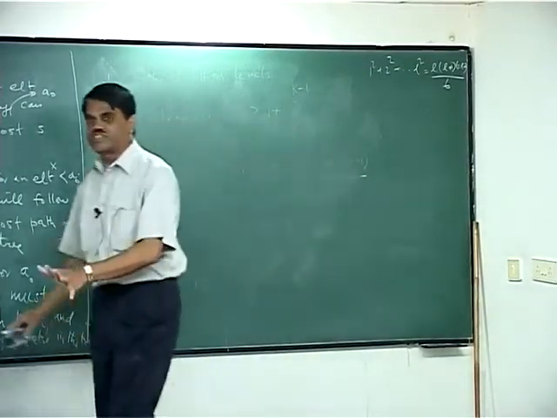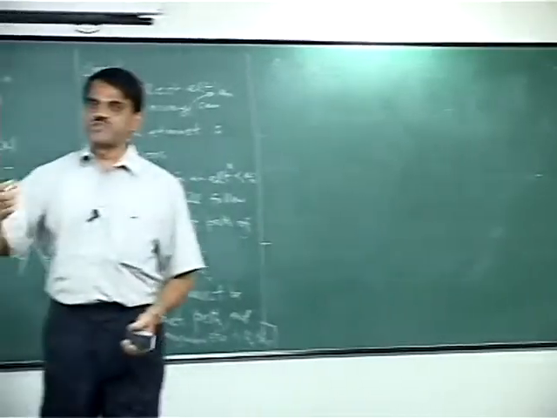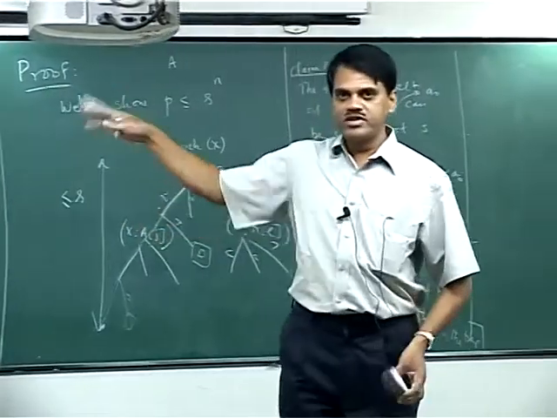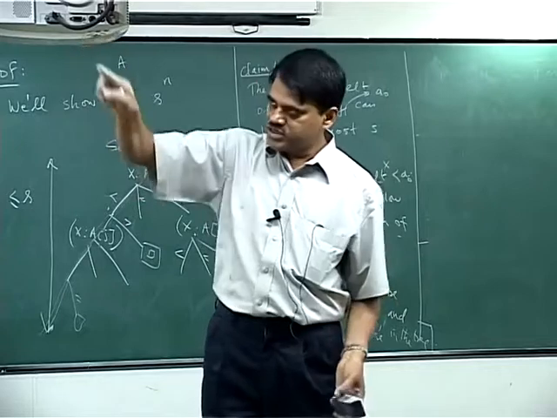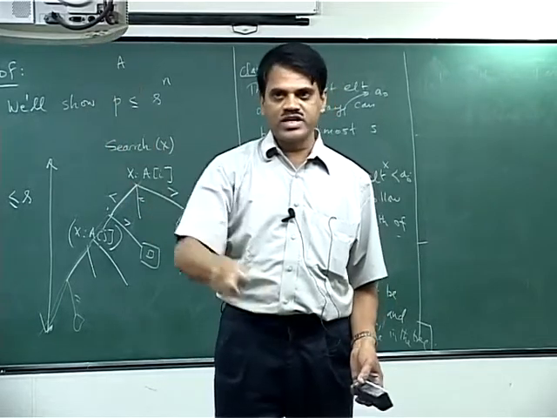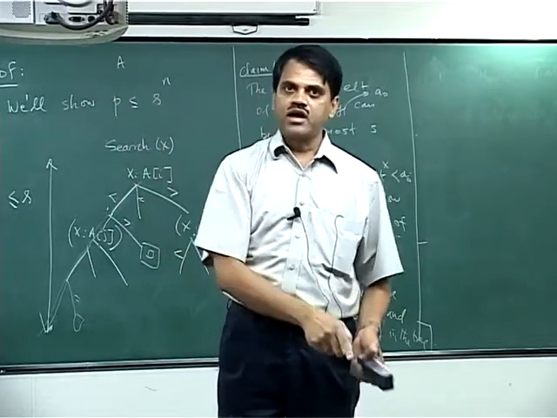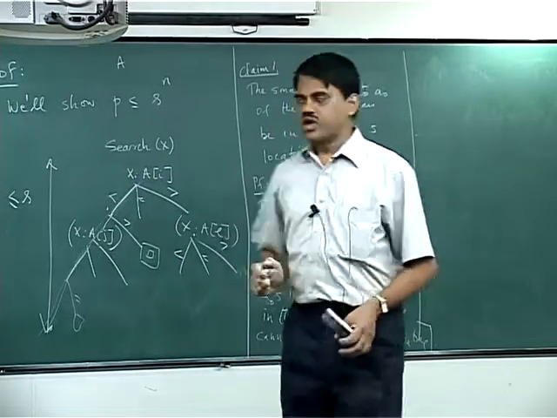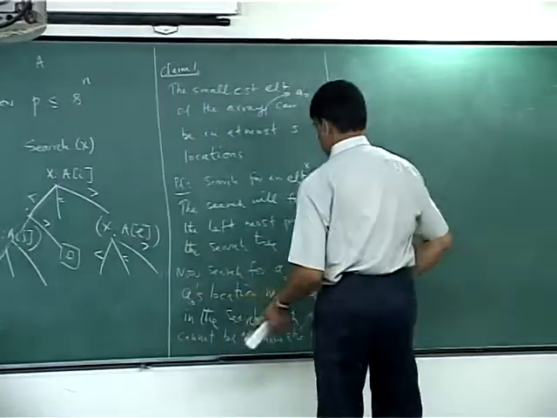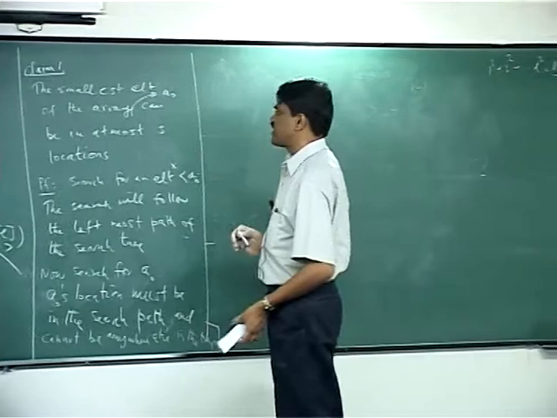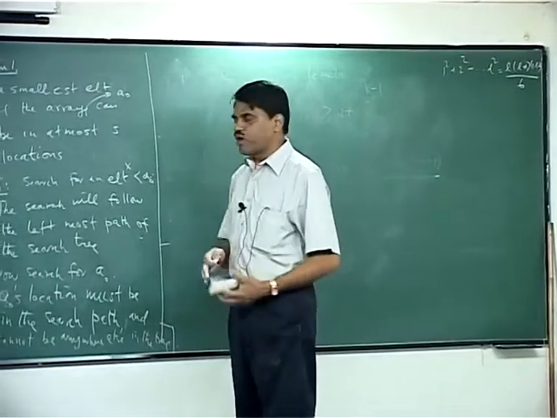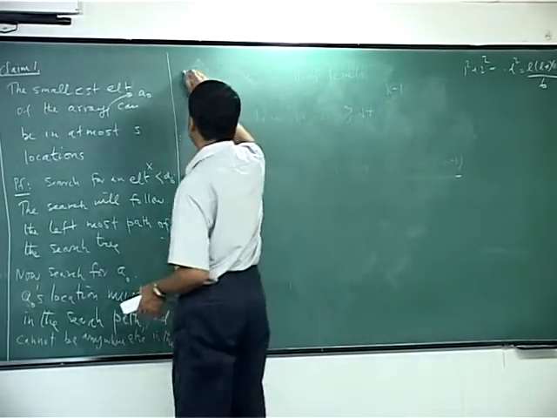So, you are given a search tree, and I am saying that the smallest element, if this is how your search algorithm is, the smallest element can be in some location in that path, in one path of at most s elements. Okay. So, that proves this. The smallest element of the array can be in at most s locations. Now, I am going to assume by induction,